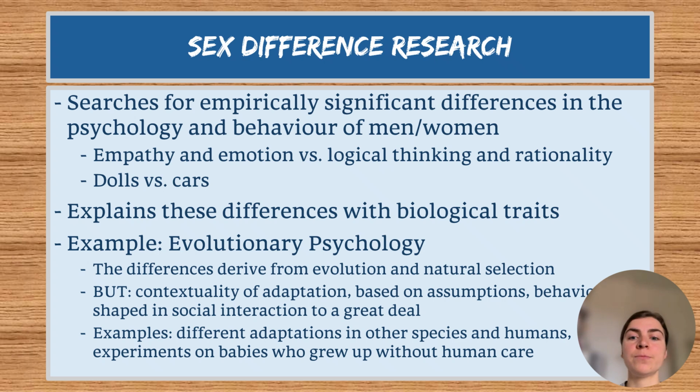And so some examples that underline these claims is that we do have different adaptation in other species and humans. So depending on where a person comes from, or also going into the direction of animals, where another species comes from, it adapts to the surrounding. And a human which grew up in a European environment is maybe very different from a human that grew up in an Asian environment. So there are great differences depending on the context.